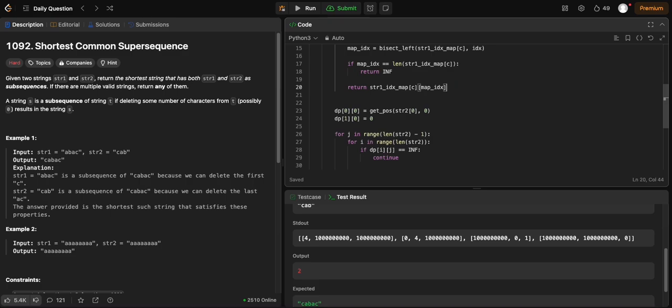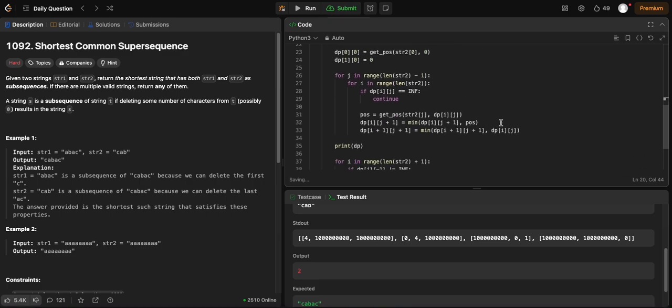Maybe let's not do the +1 up here. I think that could be a bit messier. Let's do +1 here. So we want to find the position. When we're looking at A, so dp00, wait, dp01 should,